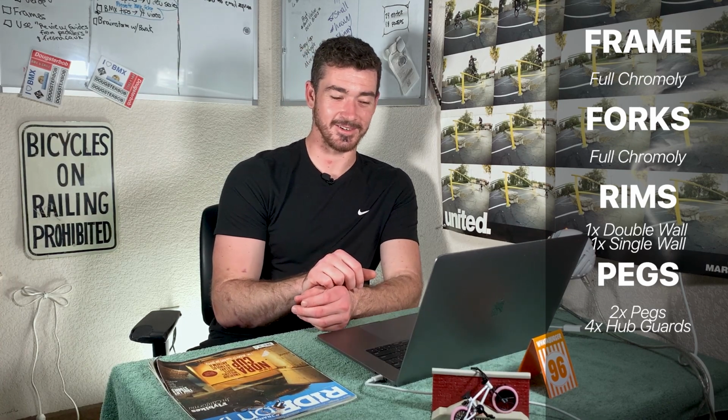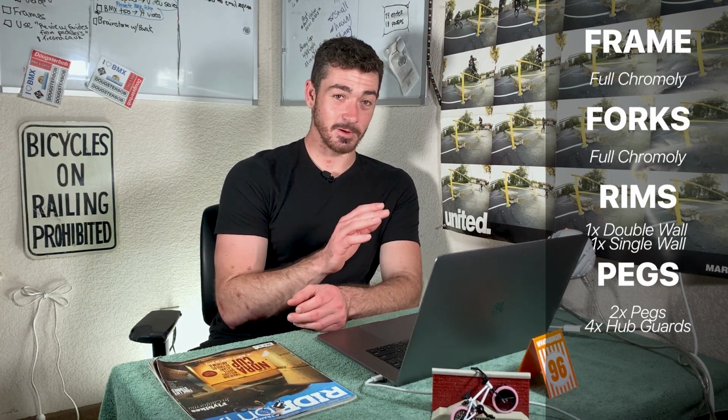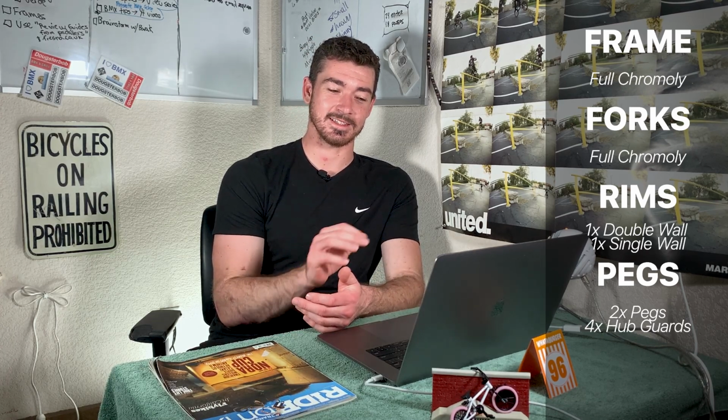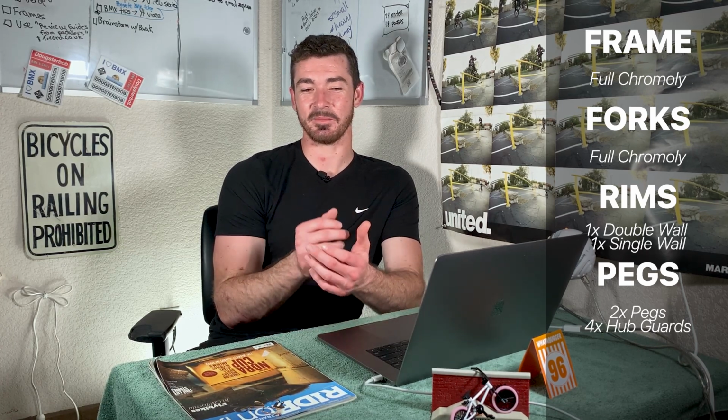Pro tip, I bet you didn't know that. Now you do. So that's why the cranks are shorter. Now it also has one double wall rim. This is kind of a big deal to me, mostly because